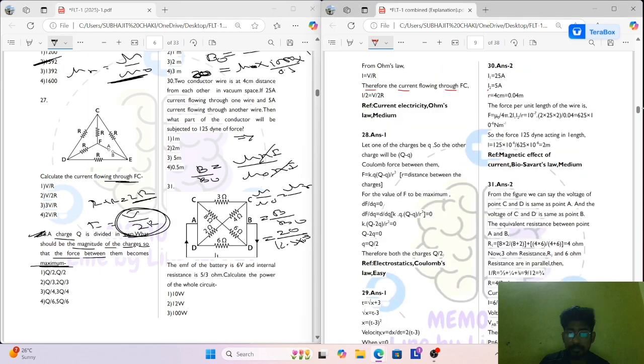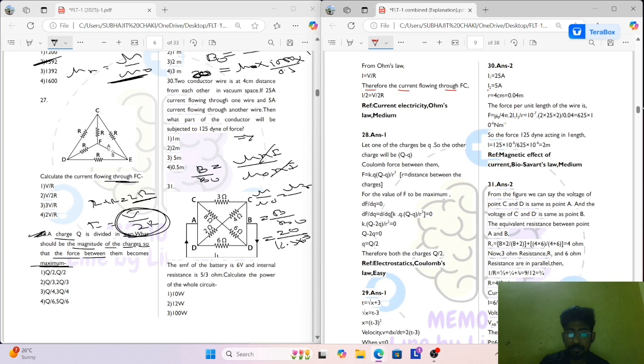So first, let one charge be small q, and the other charge will be capital Q minus small q. The Coulomb force between them will be equal to k q1 q2 by r square. So q1 is small q, q2 is Q minus small q. That means, for the maxima and minima,